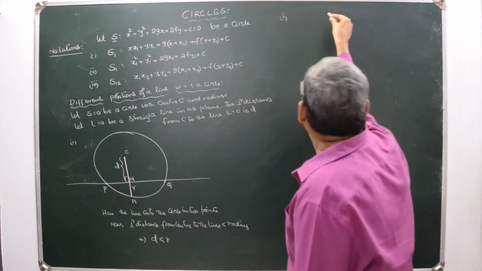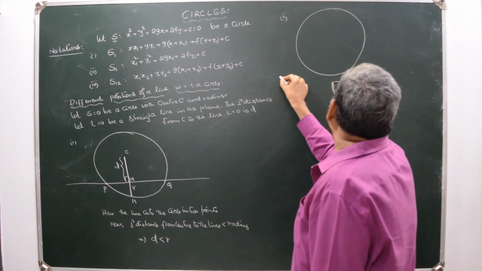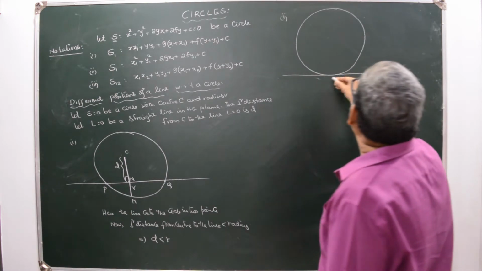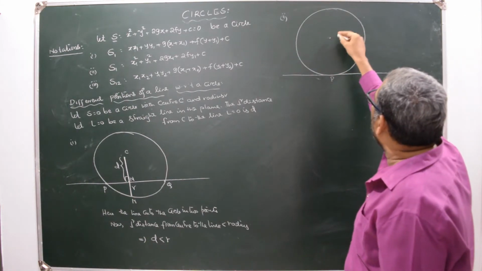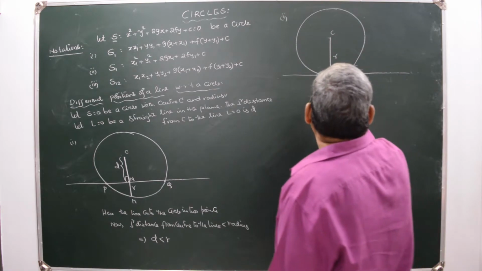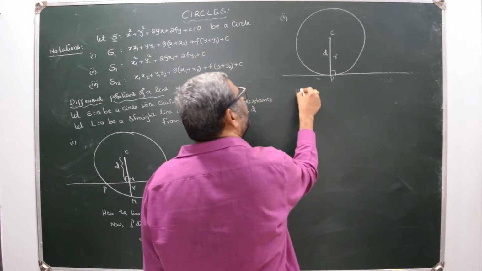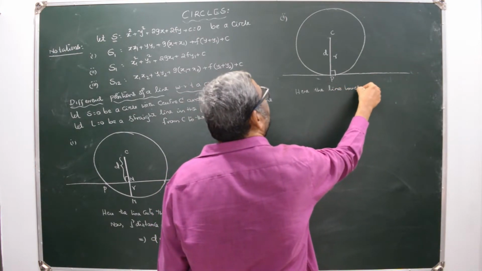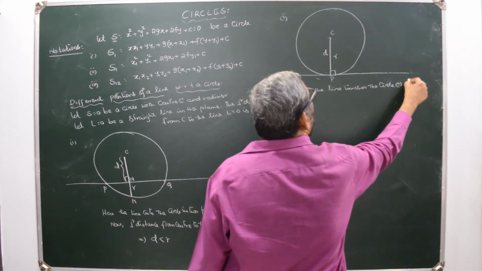Now coming to the second condition. Now we will consider a circle, and here in this case the line touches the circle. So at this point P, the 2 points of intersection are coincident. Let this be C. You join this. This is radius R. This itself is the perpendicular distance, you can call D. So here the line touches the circle, implies and is implied by D is equal to R.